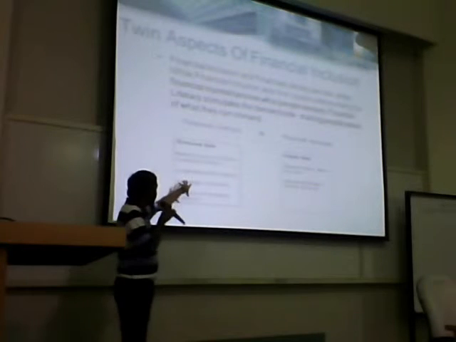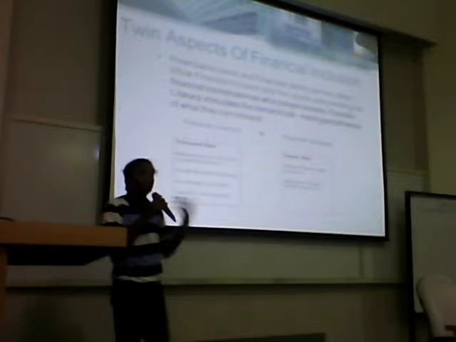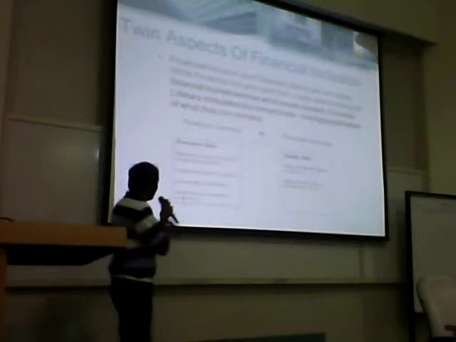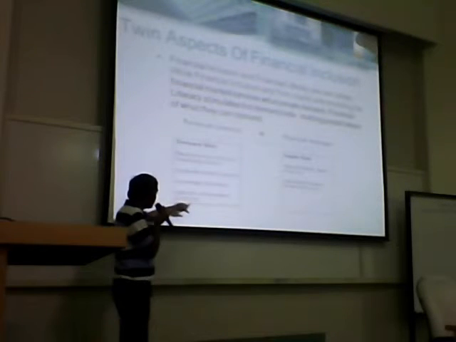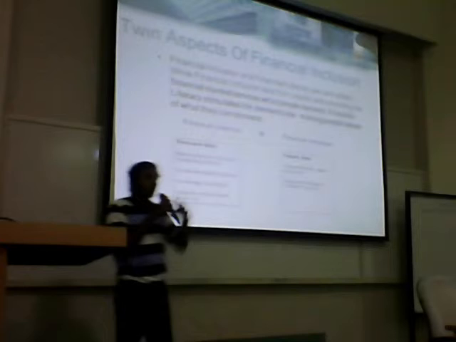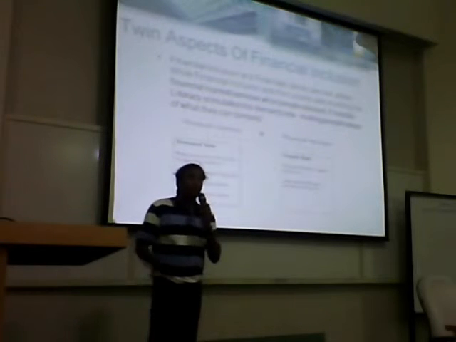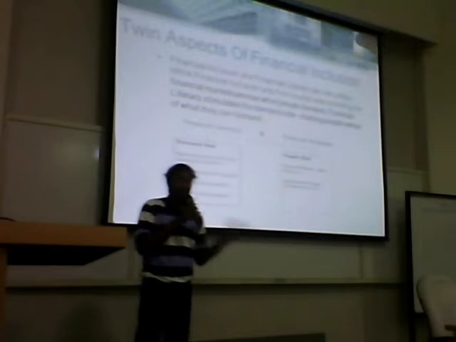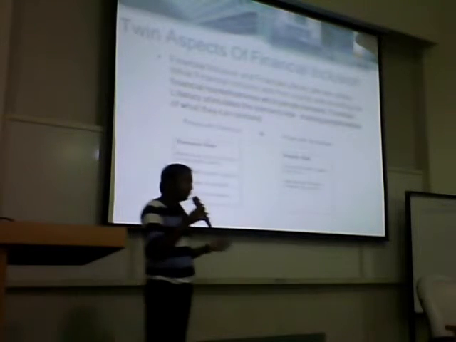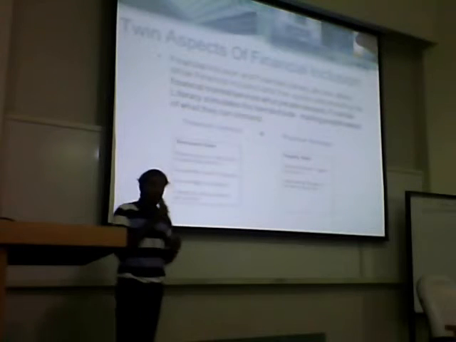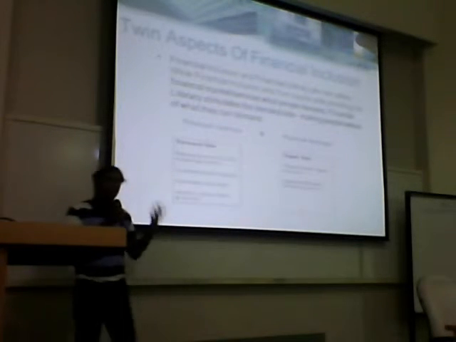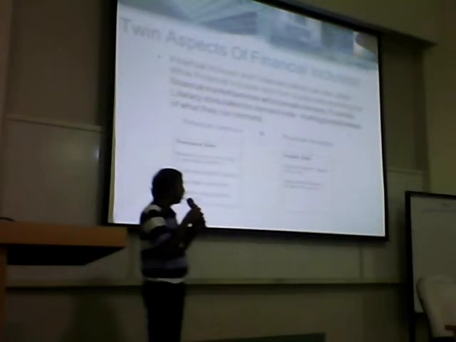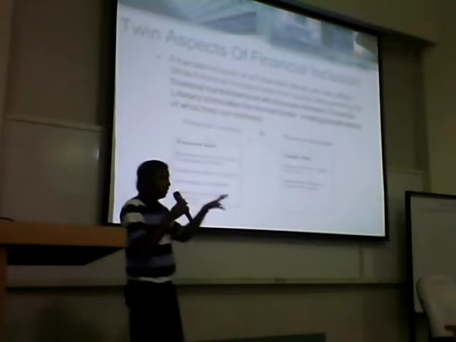It also takes care of the credit absorption capacity, that is, how much the banks can lend, what their absorption capacity is. They also provide knowledge on products and various services that the bank provides. Basically, if you look, these villagers are illiterate and do not have enough knowledge on what products and services are available and how to access them. So they give this information to them and make sure that the demand side is increasing. So that's what they do. And if you look at the other side, which is financial inclusion, the supply side, they both go hand in hand.